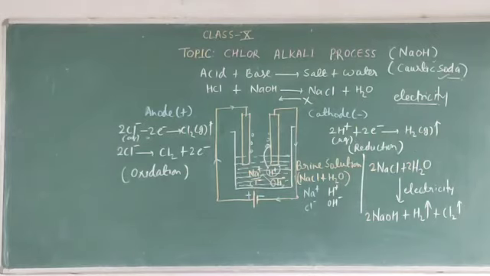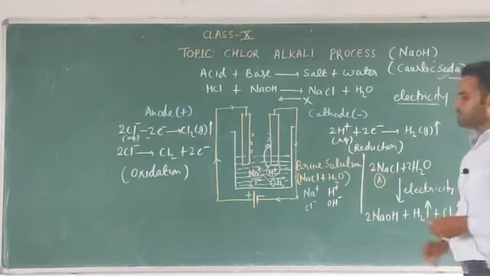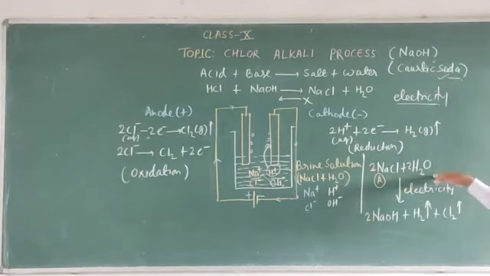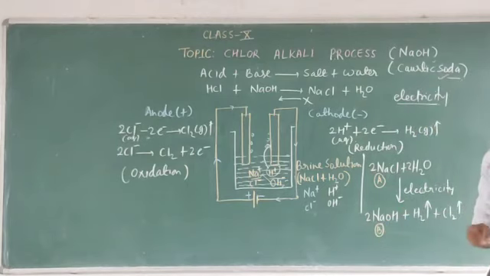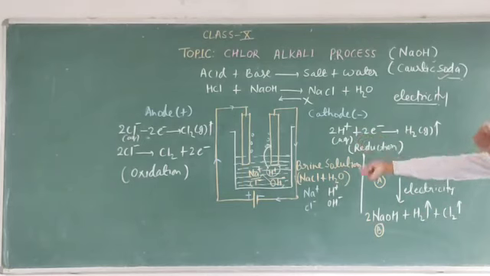Another question is, let us say we take a compound A, and after treating this compound A with water and providing electricity, it gives a compound B. Compound A is used in cooking food and compound B is used in making soap. Name these compounds A and B. You can very easily say that compound A is sodium chloride, which is used in cooking food, and compound B is sodium hydroxide, that is caustic soda, which can be used in making soap.